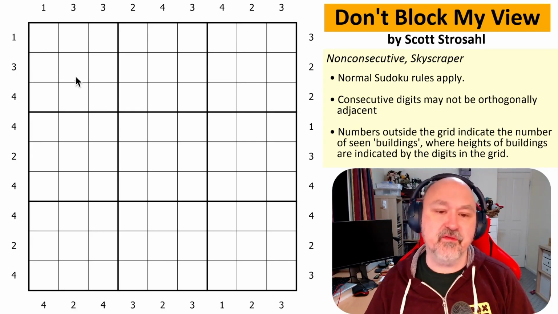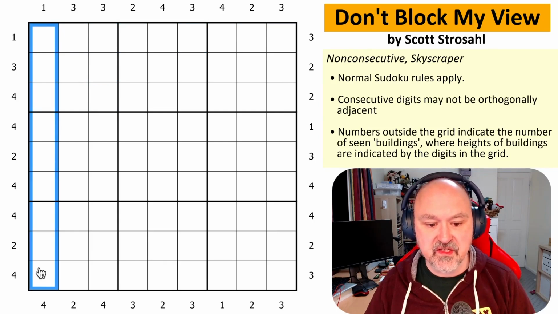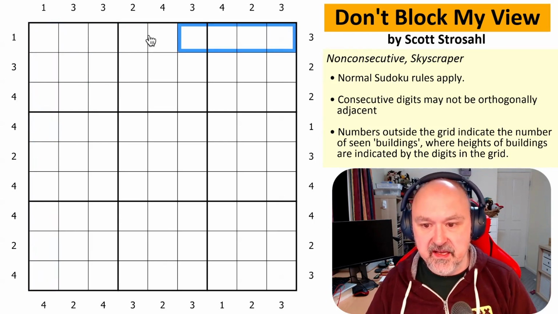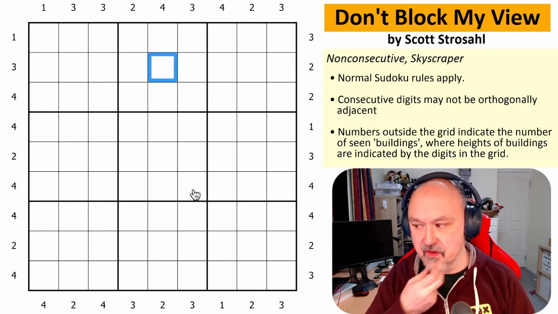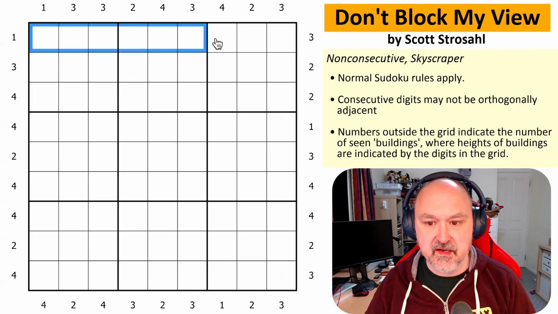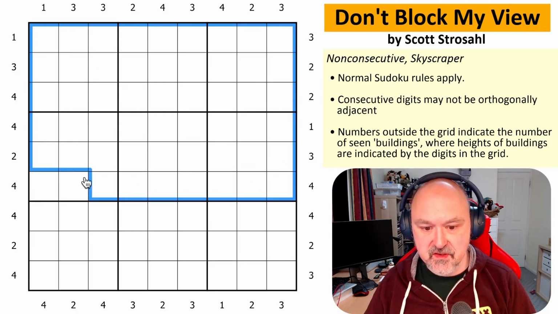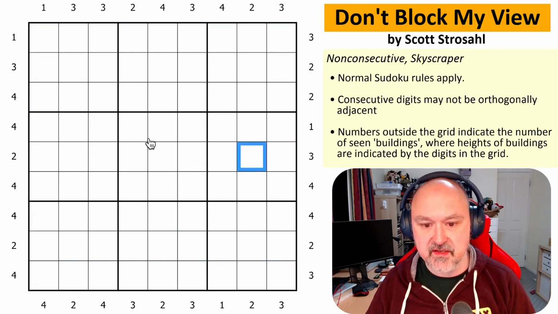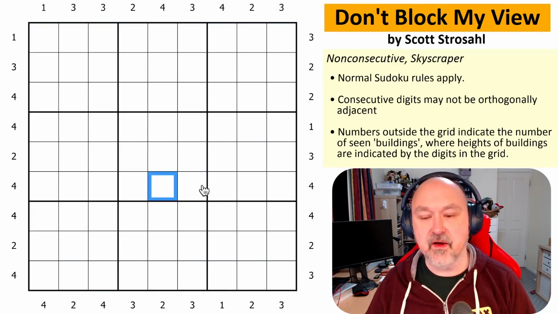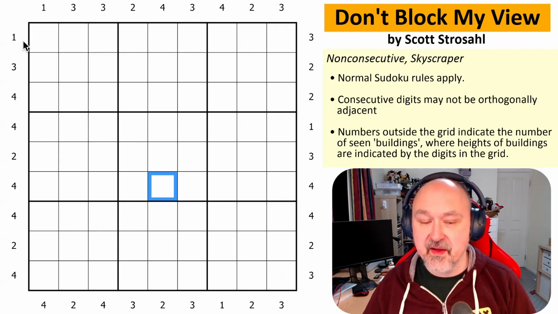So the rules in play. We've got normal Sudoku rules. So in every box, in every row, and in every column, the digits 1 to 9 must be placed without repetition. In this grid, we have nothing. There is nothing in this grid whatsoever. The grid is completely devoid of clues. No thermos, no lines, no cages, no nothing. This is an empty grid. It is bereft. It is... moving on. What we have is outside this grid, we have skyscraper clues, and they will come in useful because